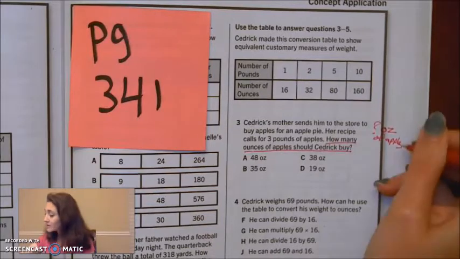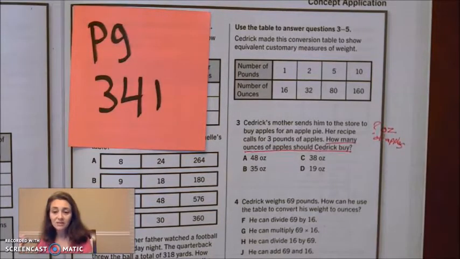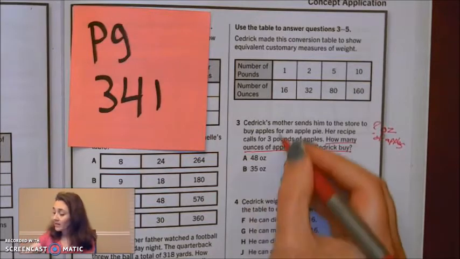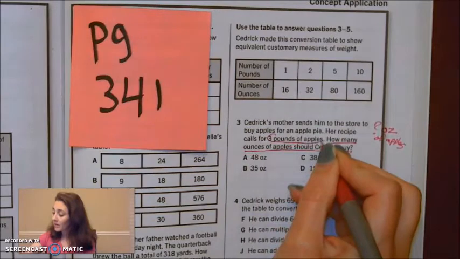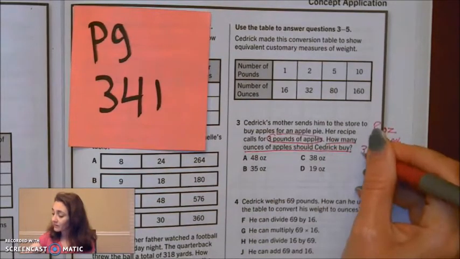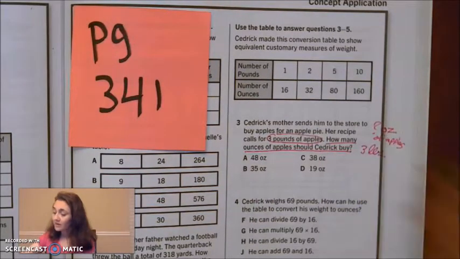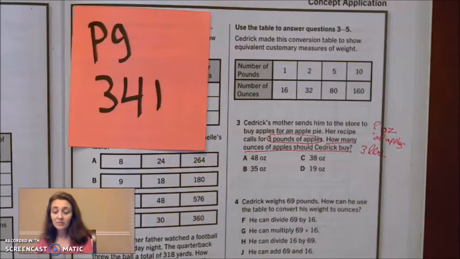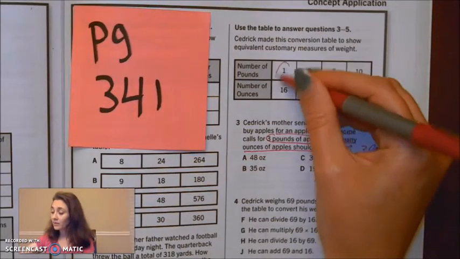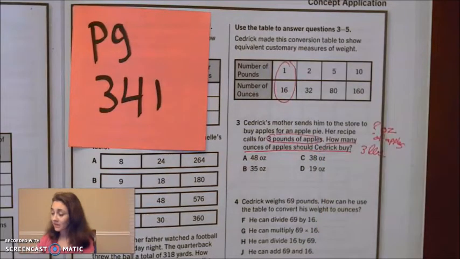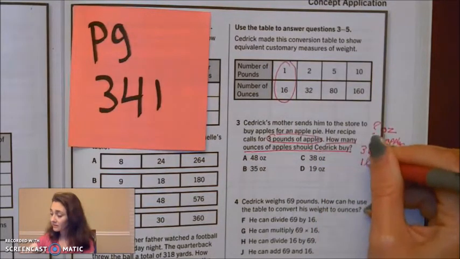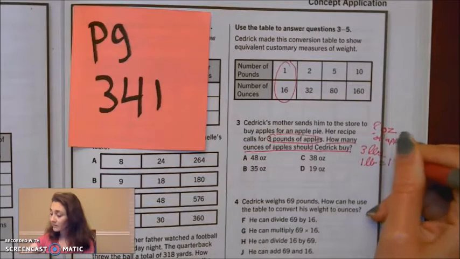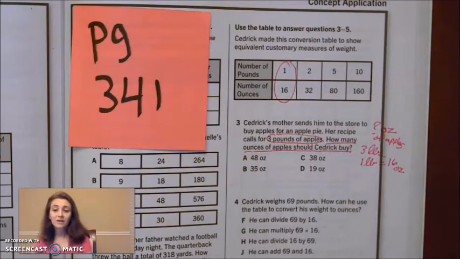Oh, except your handwriting is going to be much better than mine, I'm sure. Ounces of apples. All right, what do we already know? We know that he's supposed to buy 3 pounds of apples. What else do we know? Well, we know that 1 pound equals 16 ounces. So if I want to know how many ounces to buy, I have to know how many ounces are in